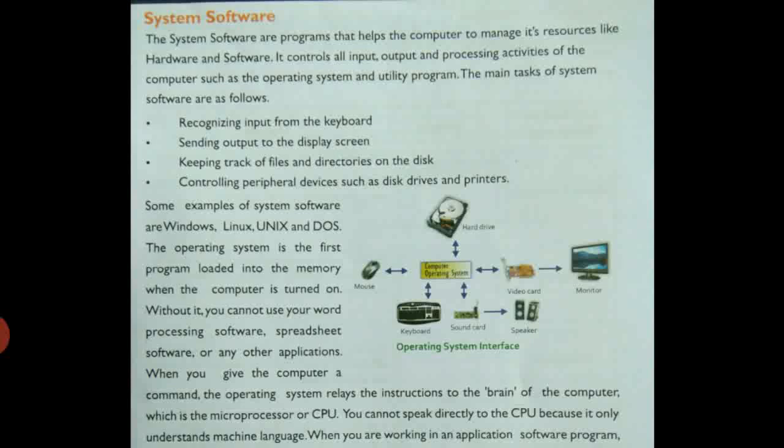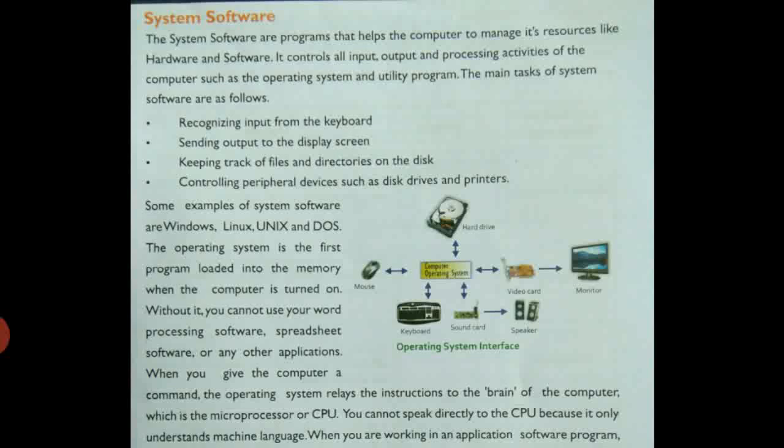See, system software is useful to the system and manages all the resources of hardware and software. For example, it controls the input, output, and processing activities. Means the system software is the main part of the computer.